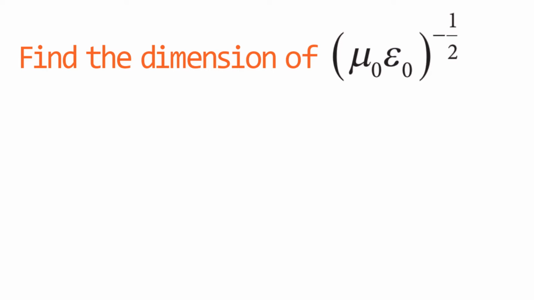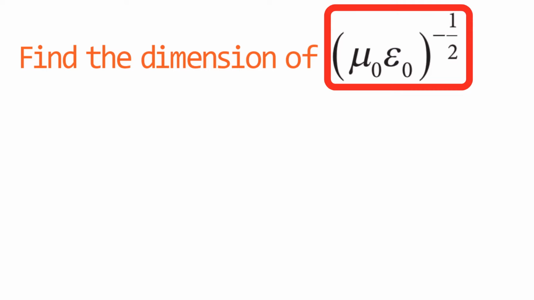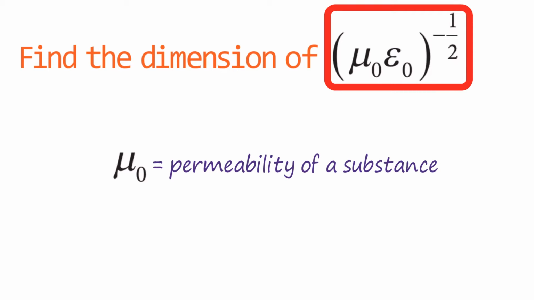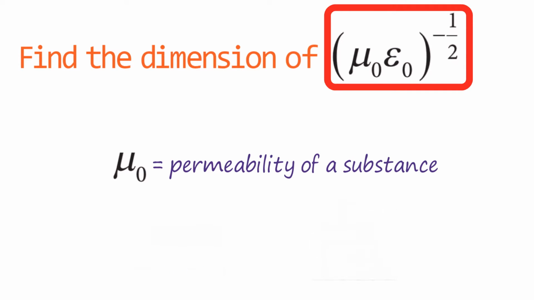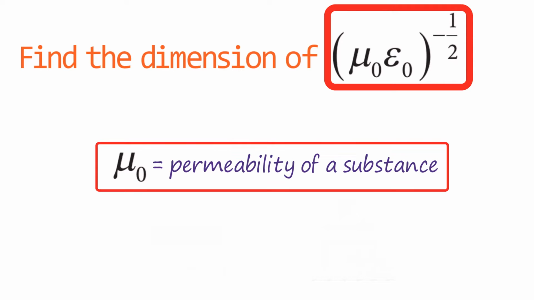Just look at this question. An 11th standard student would not even know what this means. But anyway, we all have a lot to learn, so let's start. Well, this symbol means permeability of a substance, and it's called mu. It can also be referred to as micrometer or coefficient of friction, but in this context, it means permeability. Now you might ask,